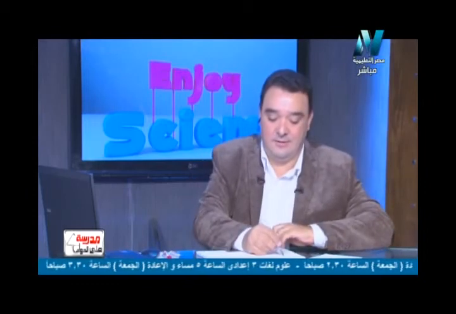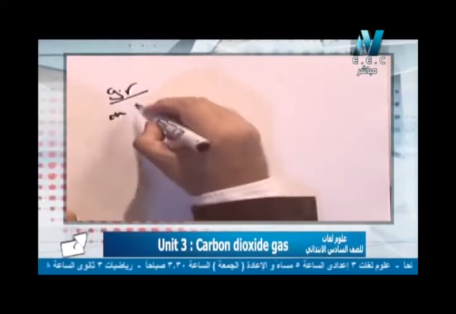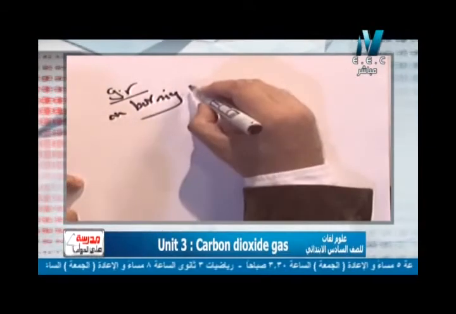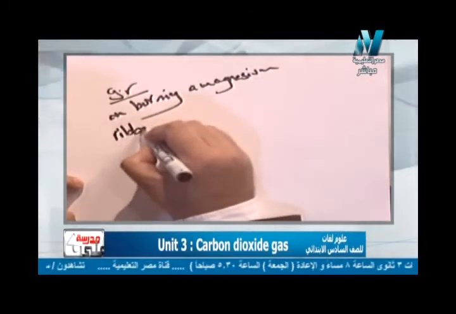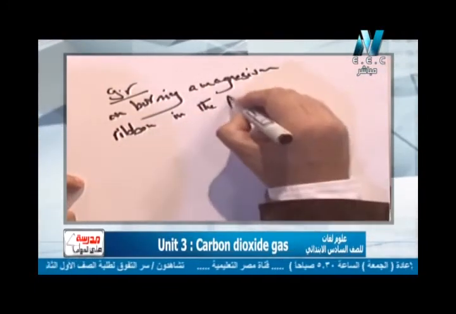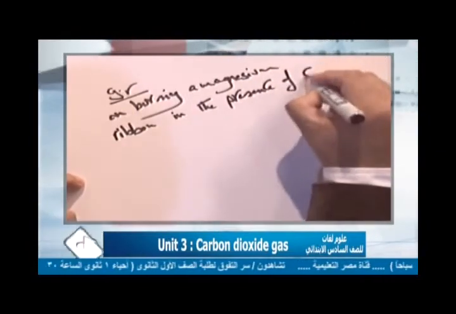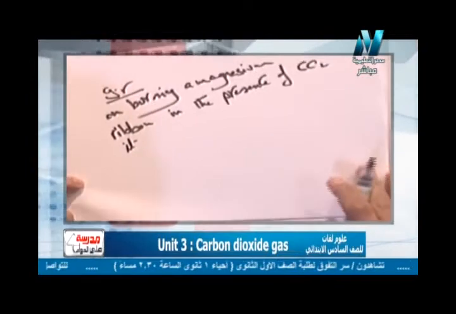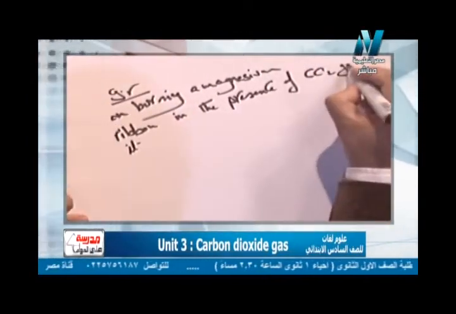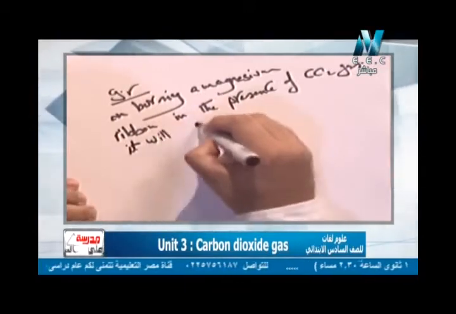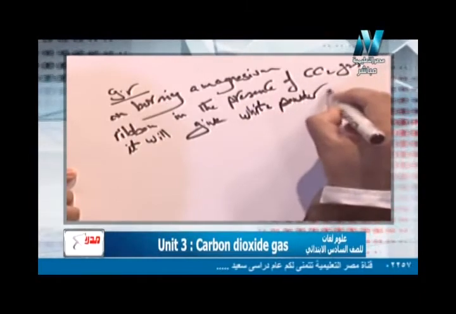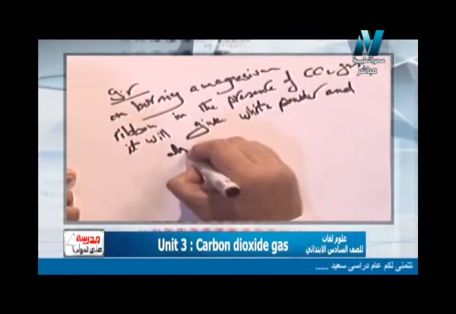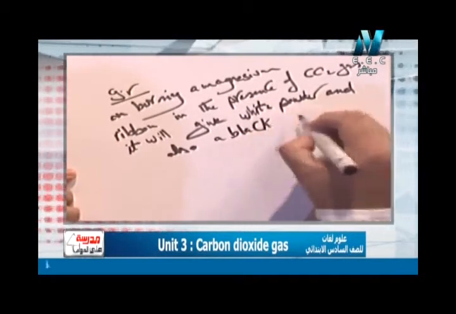So let me write this question because it's a very long question now. I can write: give reason, question on burning a magnesium ribbon in the presence of carbon dioxide gas. It will give white powder، يعني بيديني white powder, and also a black color. في لون اسود black color